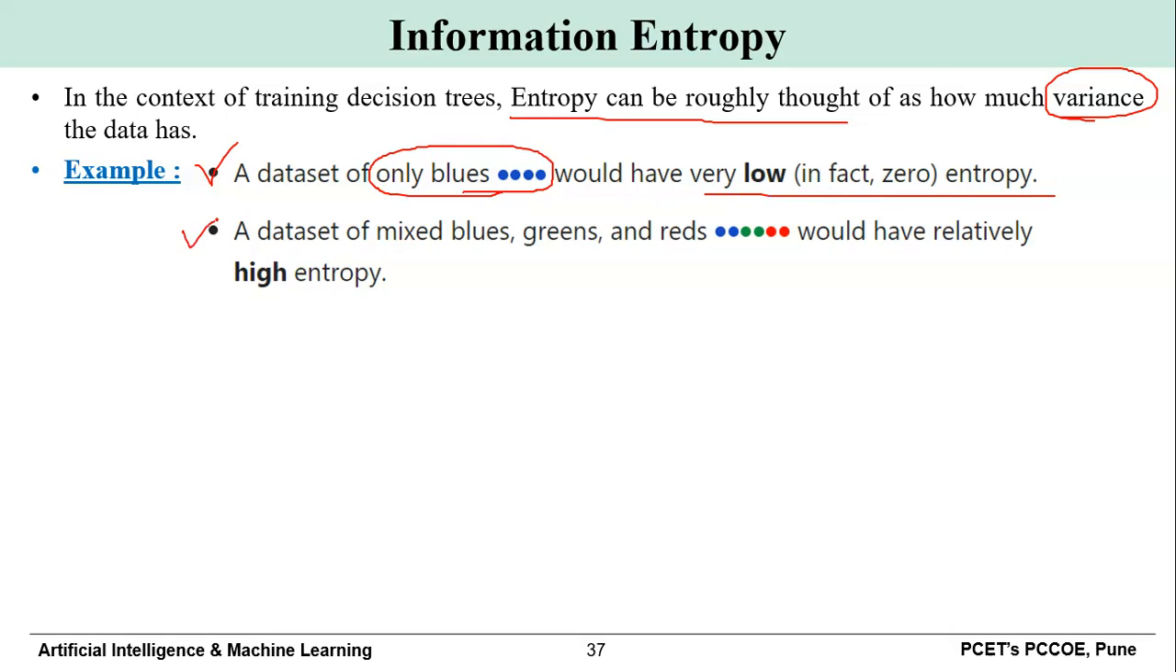However, in the second example, where a data set consists of blue dots, green dots, and red dots, there is a variety. So three types of data are there, or a variety of data is there. And here we can say that the entropy is very high,